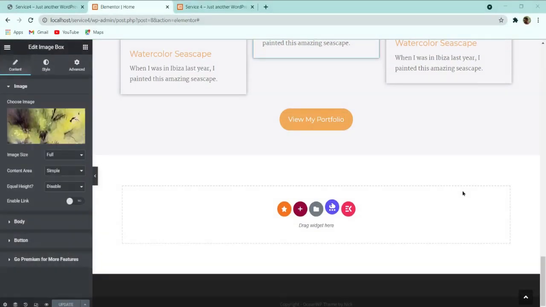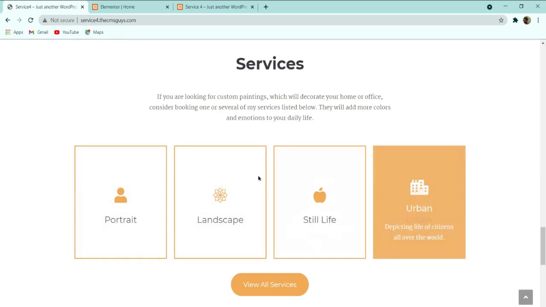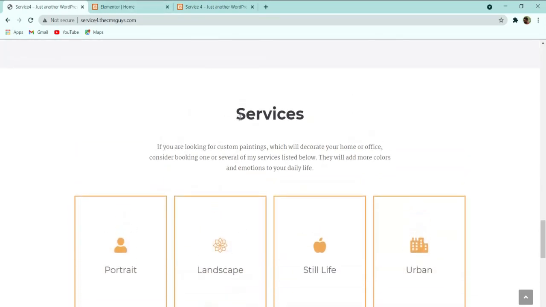Now let's start creating the fourth section of our website. So here it is, the fourth section. Here you can see that we have a heading over here, and then we have some description. After that we have these boxes over there. So to start creating this section, first of all let me copy the heading title from